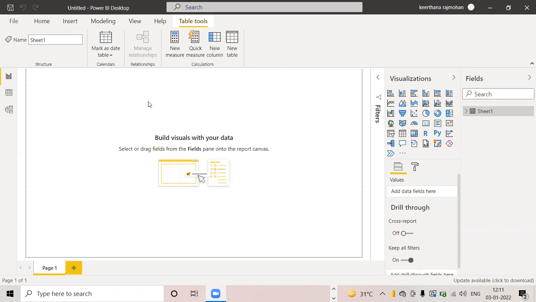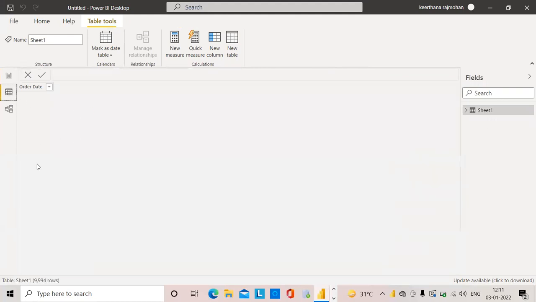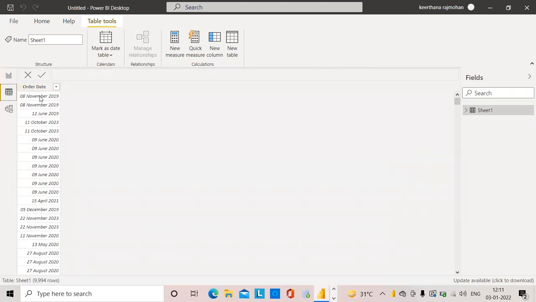Using M functions, I have loaded a table, an Excel sheet, which consists of only order date. From this Excel sheet, I will show the preview of this order date. This is my date, which consists of some of the years, I think 2019, 20 and 21, also 23.